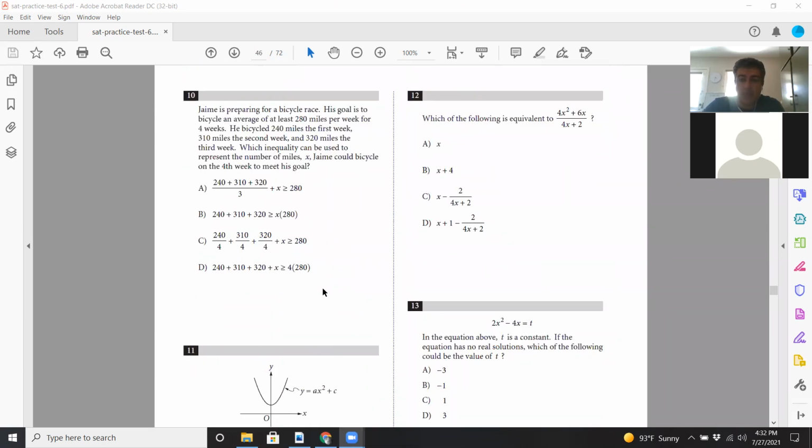Okay, so number 10. Jaime is preparing for a bicycle race. His goal is to bicycle an average of at least 280 miles per week for 4 weeks. So far, he's done 240 miles the first week, 310 miles the second week, 310 miles the third week. Which inequality could be used to represent the number of miles X for the 4th week in order to meet his goal? Now remember, an average,